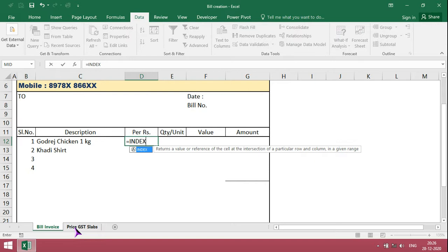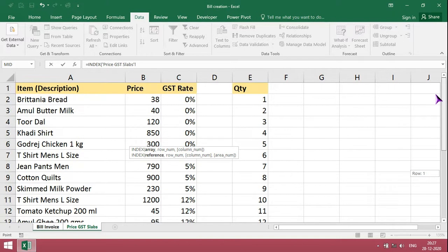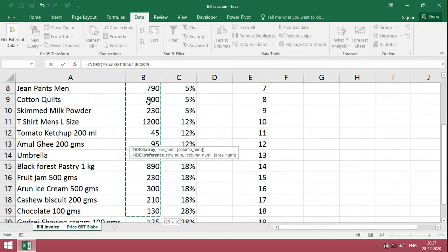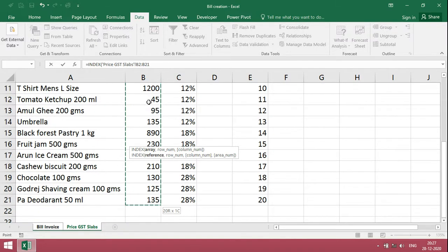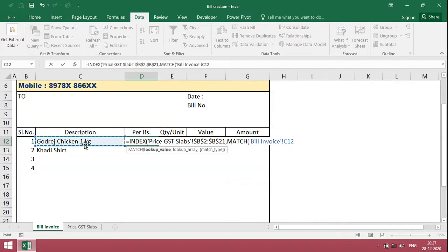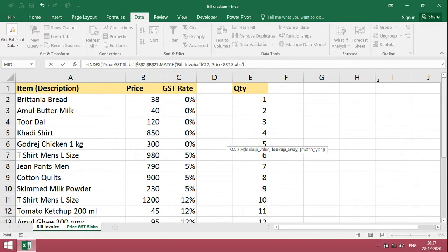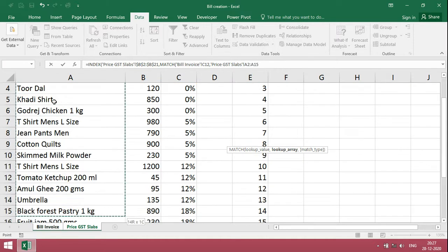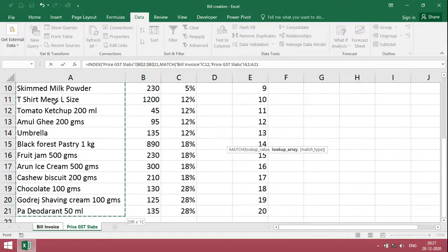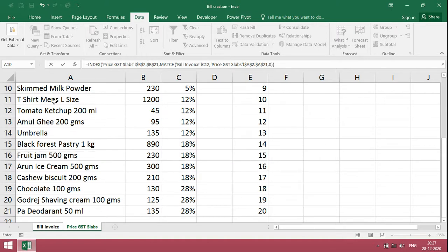INDEX, bracket open, click on the price sheet, select B2 till B21, freeze, comma, MATCH, bracket open, lookup value C12, comma, then click on the price sheet and give the range A2 till A21, freeze, comma, 0, bracket close, enter.